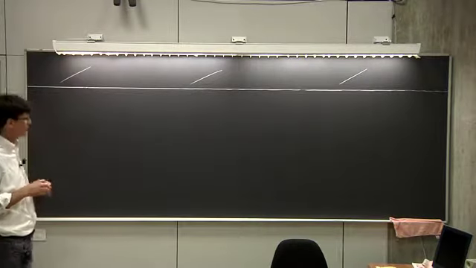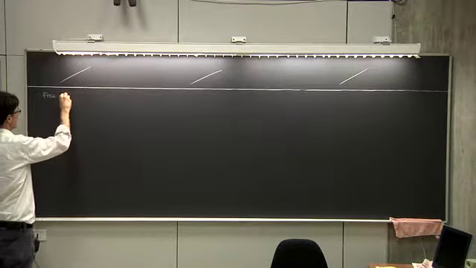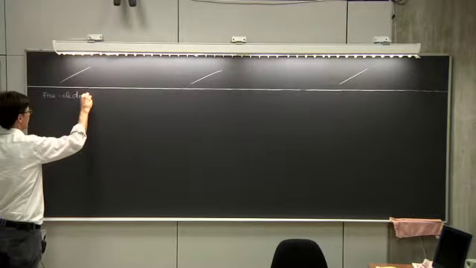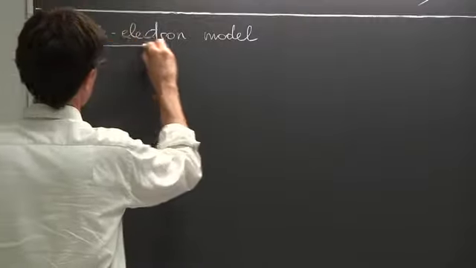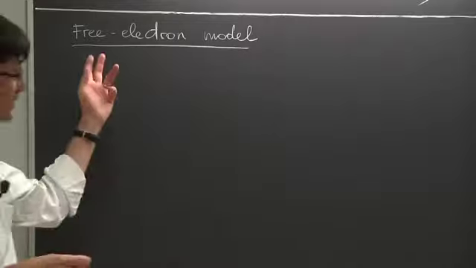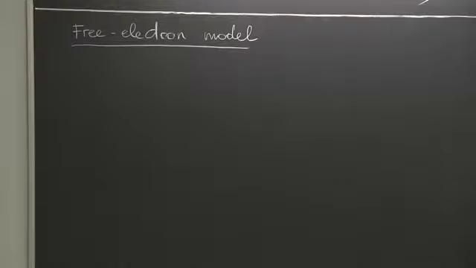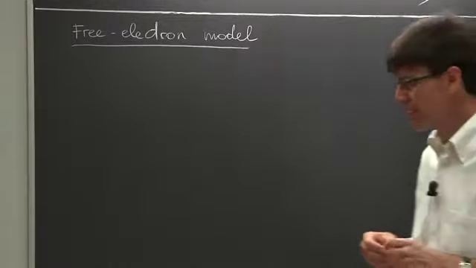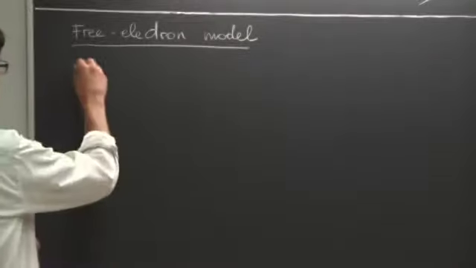Now, the model we are going to discuss, actually, I'm going to start with the simplest model, which is the free electron model. So this is a very extreme approximation that we're going to make. In fact, the free electron model is even too extreme for a number of properties, with a few exceptions. What does it mean that we are dealing with a free electron model? It simply means that our Hamiltonian,